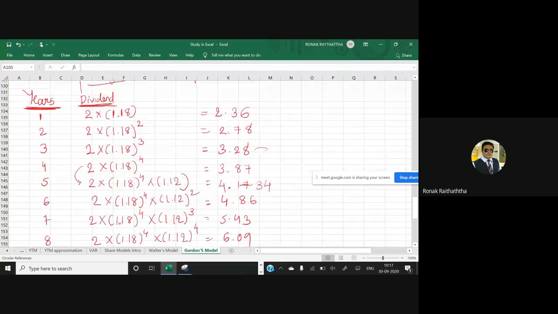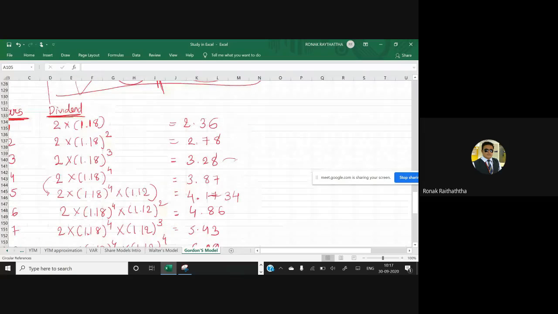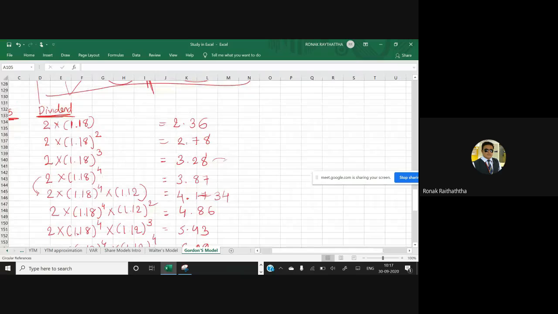Okay. So now this is the dividend we have got, but our कहानी is not over yet. हमारी अधूरी कहानी है, क्योंकि हमें इसका डिस्काउंट करना है, इसकी प्रेजेंट वैल्यू फाइंड करनी है। हमें कितना कितना डिविडेंड मिलने वाला है हर एक साल में 8 साल तक, वो तो हमने फाइंड कर लिया, लेकिन उस डिविडेंड का प्रेजेंट वैल्यू क्या है? तो प्रेजेंट वैल्यू फाइंड करने के लिए हमें उसको डिस्काउंटिंग फैक्टर से मल्टीप्लाई करना होता है। डिस्काउंटिंग फैक्टर।